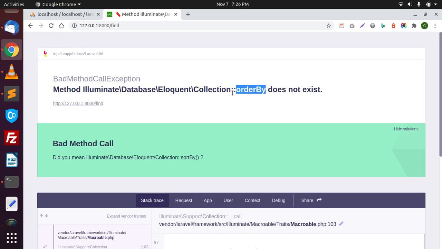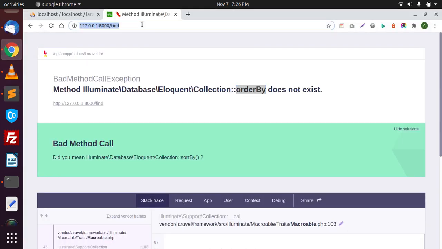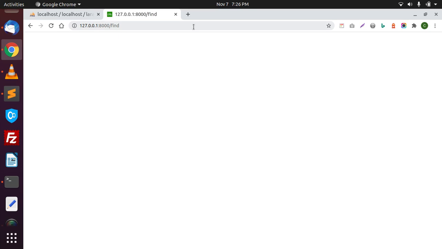Order by does not exist. Take 2 and refresh it. Now you can see, we have to use the get method here also. Now you can see Java is first.